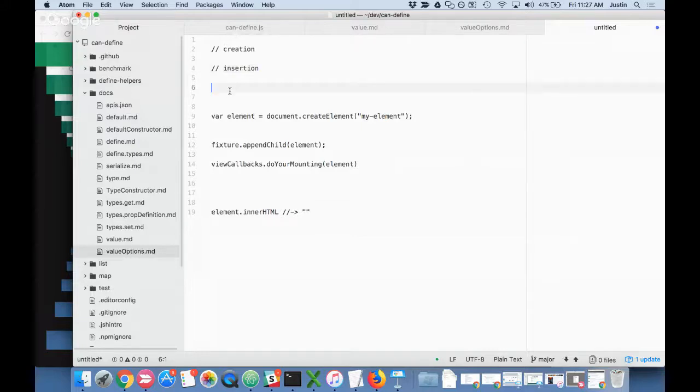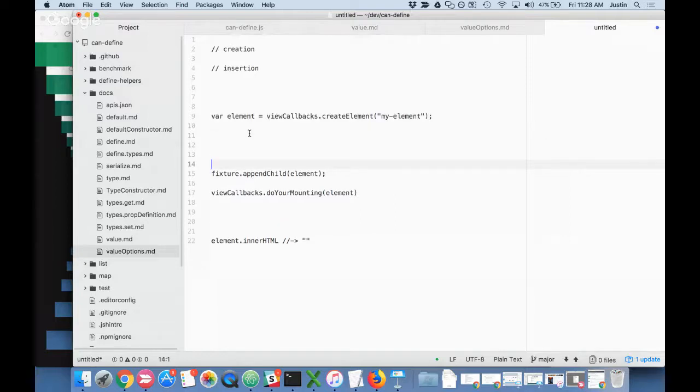Now, we can't provide that because we're using mutation observers. But what we might be able to do is, I wonder if we could, or maybe this is called through DoneMutate or something. I don't know. Maybe we can give people APIs that are going to be synchronous. So, hey, you want to test this so that it's going to look synchronous in both? Well, then you're going to use view callbacks, create element, and then you're going to use DoneMutate. And even though DoneMutate doesn't fire synchronously, I don't know. I'm throwing out ideas here